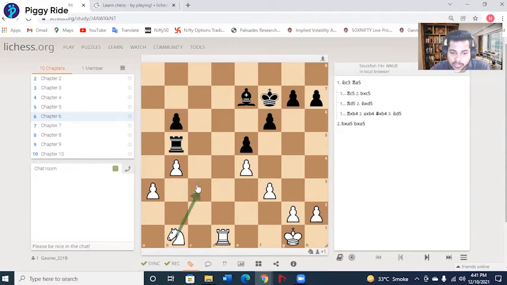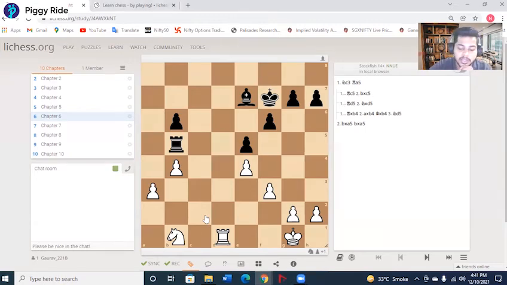Okay, so what if we play a knight to c3? I want you guys to pause the video before I give away the answer. As soon as I show the puzzle, pause the video. Look at the situation given to you. You're playing as white over here. What is the possible move you can do? How can you create an attack using your knight?